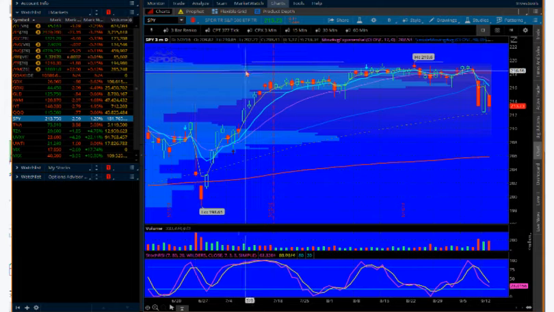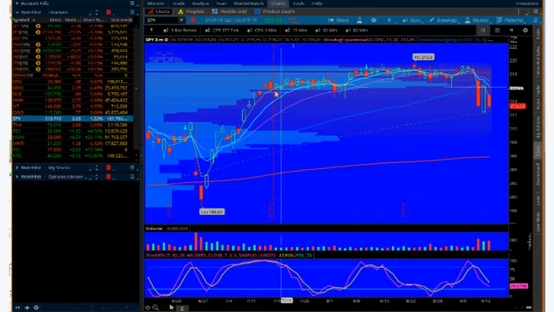For me, it doesn't really matter what the chart is. I have, I think, a fairly simple chart, and I do have moving averages on there. A lot of people like to use them. I use a 3 exponential moving average, an 8, and a 17. Those are my primaries for the very short term